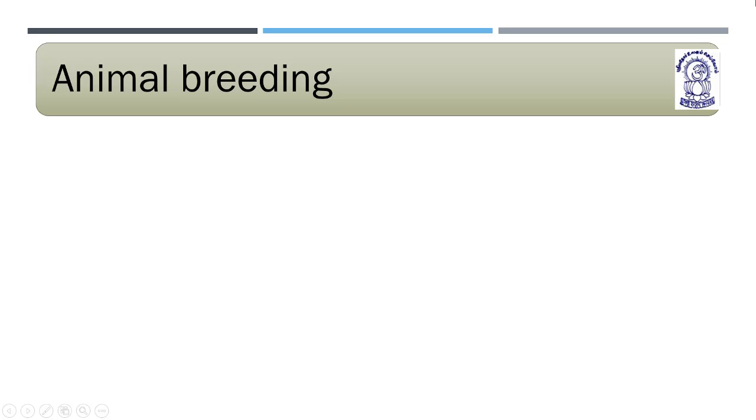So animal breeding. A breed is basically a group of animals related by descent and similar in most of the characters like general appearance, features, size, configuration, etc. And they are said to belong to a breed. So what is breed? The breed is basically a group of animals